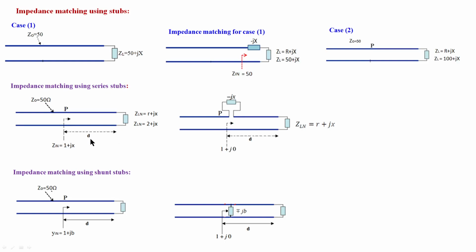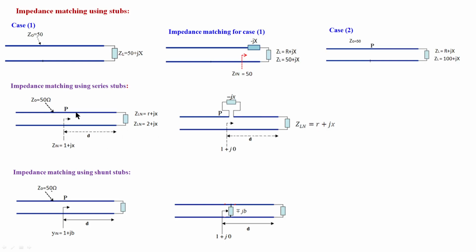So it is easy to measure using the Smith chart. Instead of calculating using an equation, you can measure at what distance this value of impedance appears. That you can easily measure using the Smith chart. After finding this distance, at that position you connect the opposite reactance like this. You will get a match. Okay, that is one of the ways.